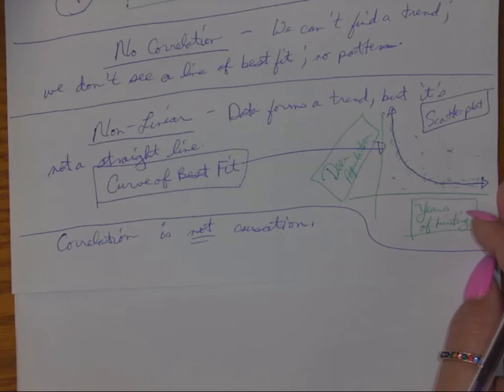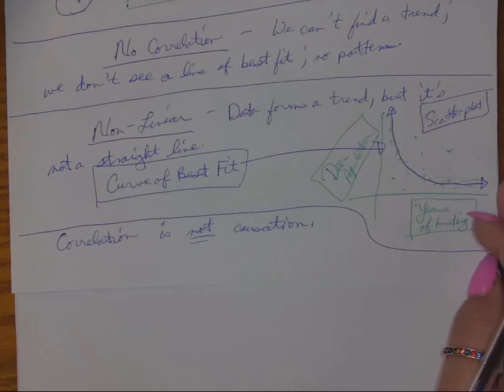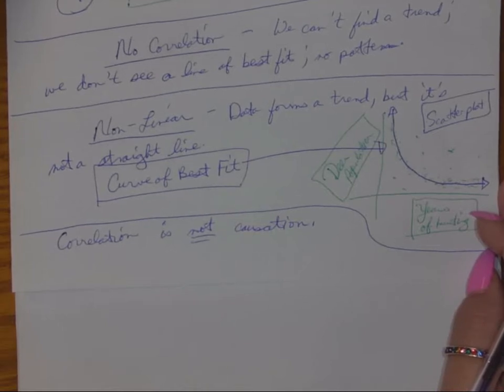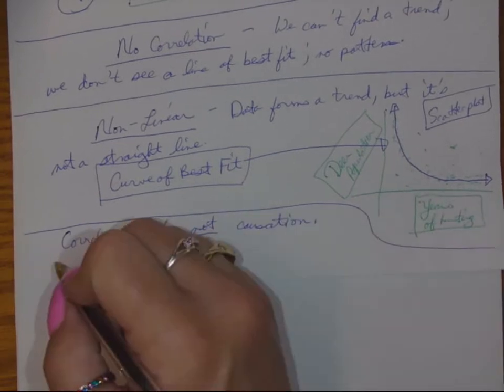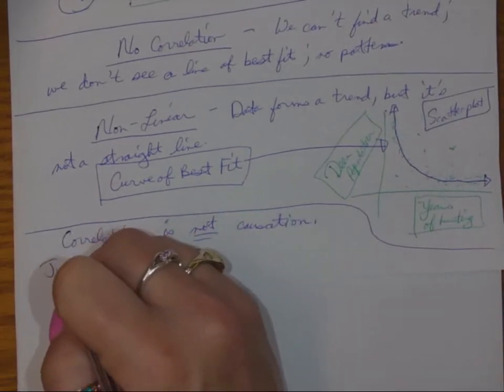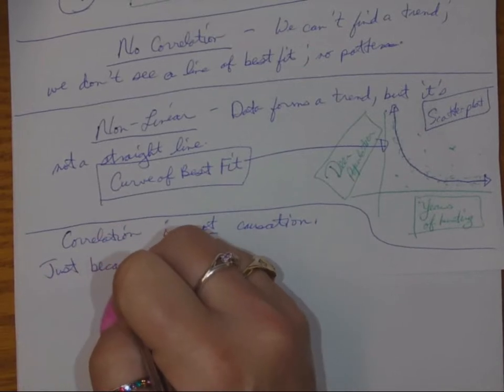It could be a contributing factor, and if you're like me, you could go, oh, it's warm, I want ice cream. So it might make me think that I want ice cream, but it doesn't mean that the temperature is forcing me, causing me to eat ice cream. Okay, so just because you see a relationship,